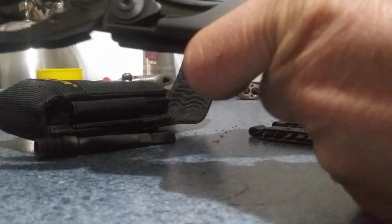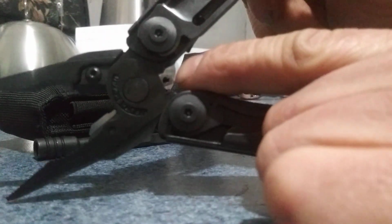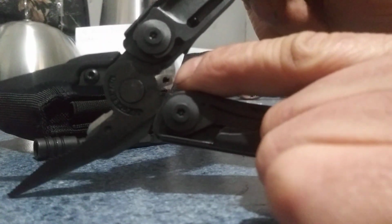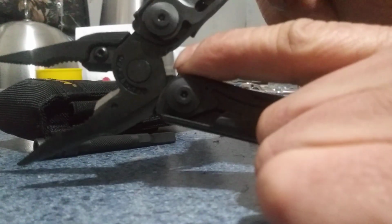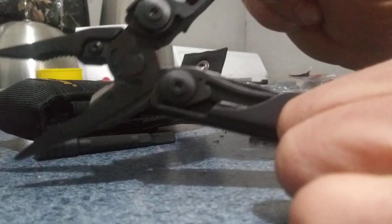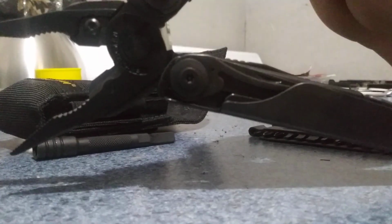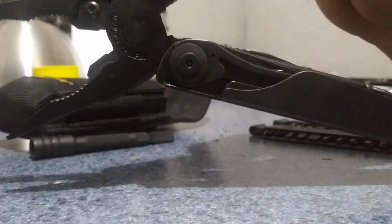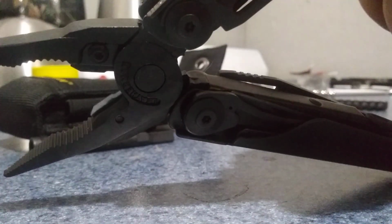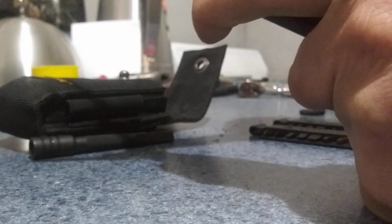and then on the back side we have a wire cutter and wire crimper that is supposed to be pretty good for crimping wire, smaller gauge wire. Okay, and then